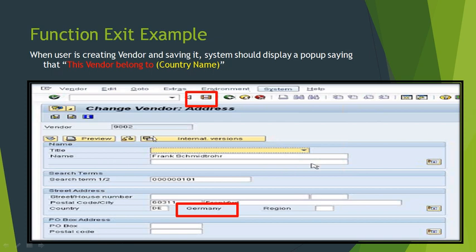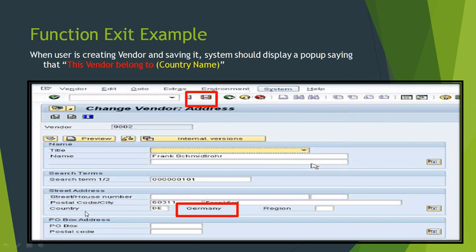The business requirement is that whenever a user is creating a vendor, after creating it, when he clicks on this save button, a pop-up screen should come saying that this vendor belongs to this particular country. So this is the user requirement.